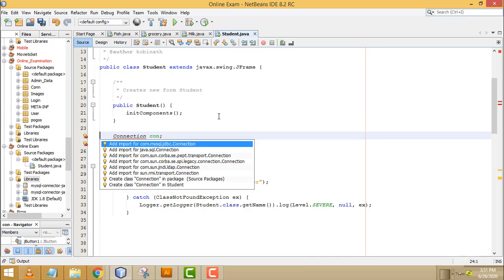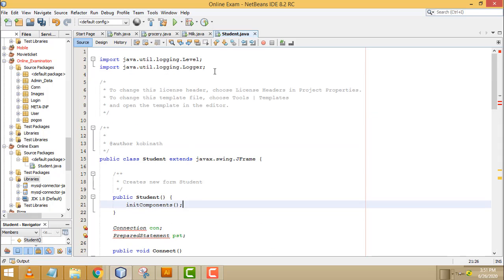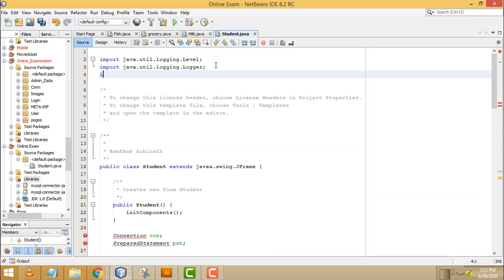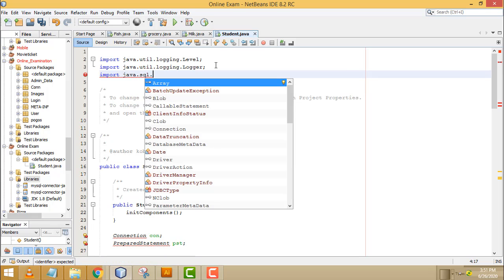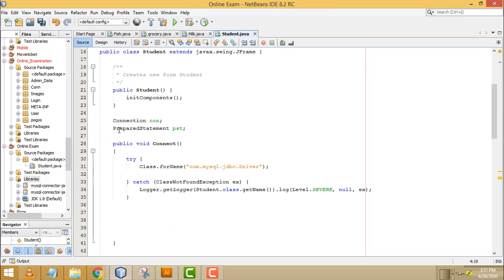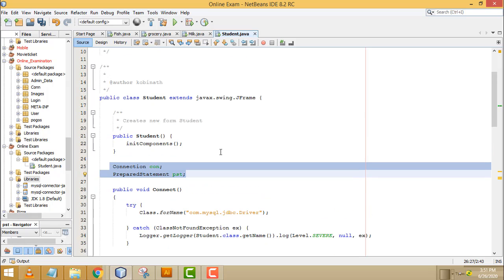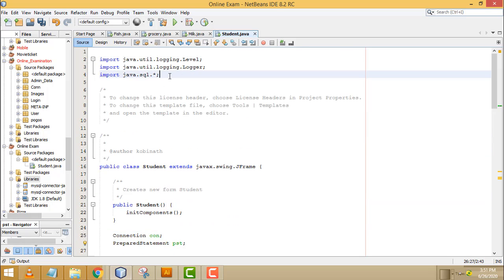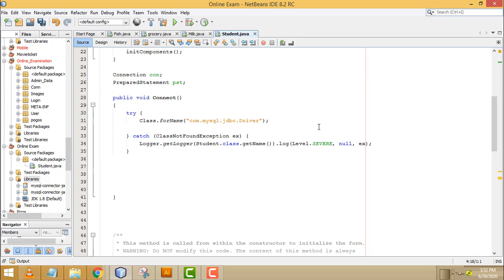We don't need to add them like this; simply add the import java.sql.*. We write the asterisk so that all the SQL classes will be available, right? All the SQL classes reside in this namespace if you call this asterisk. This is the perfect one.